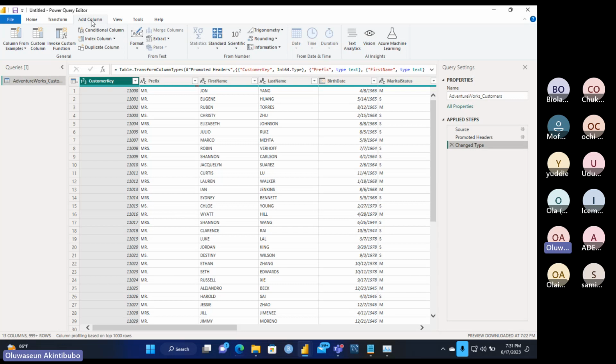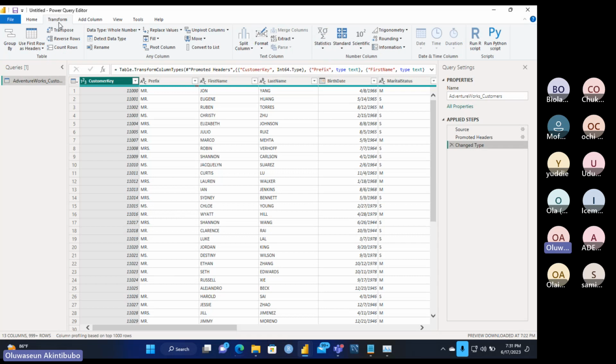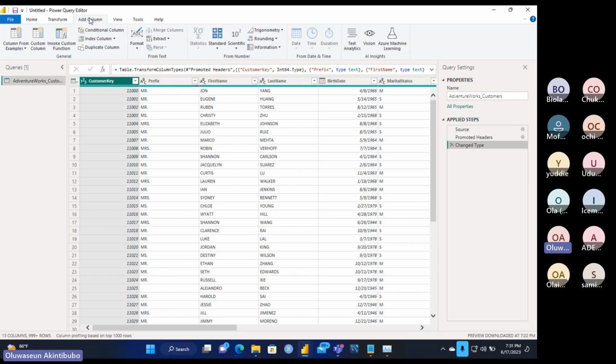You would make a bit of mistake, but you would get it eventually using these two menus. So when you are transforming an already existing column, you use your Transform. When you want to add a new column, based on expressions that you write on existing columns, you use the Add Column menu. Are you following? Right? So we want to look at them one after the other.